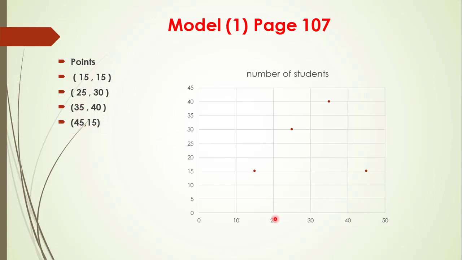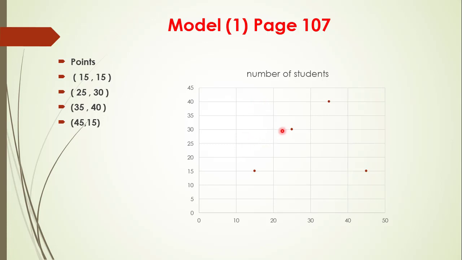The first point here is 15 with 15. The second one is 25 with 30. Then we have 35 with 40. And the last one, 45, it means between 40 and 50, 45 and 15. Okay, if you located